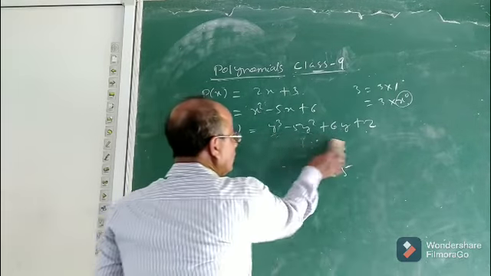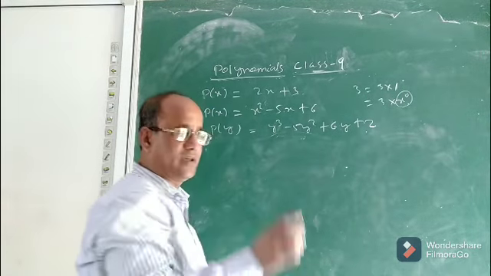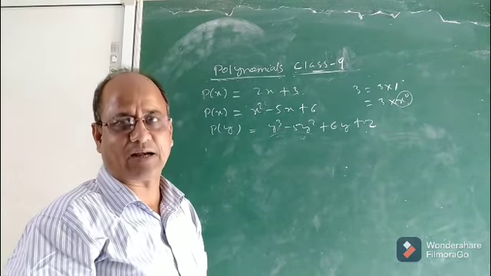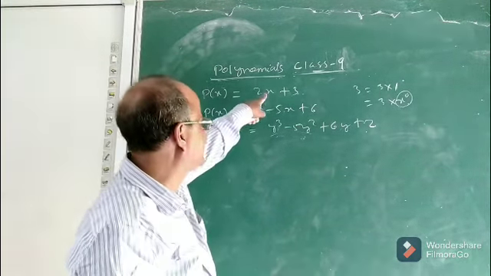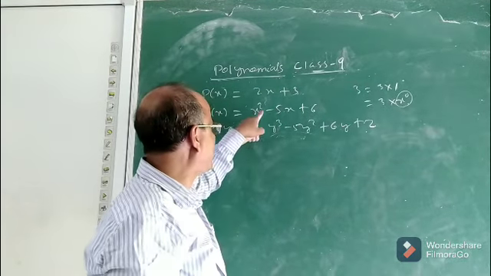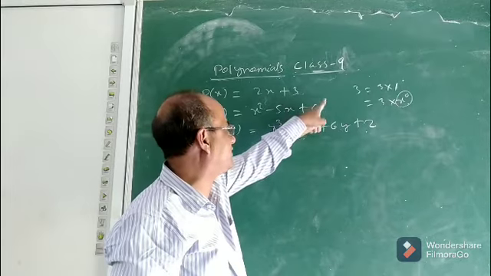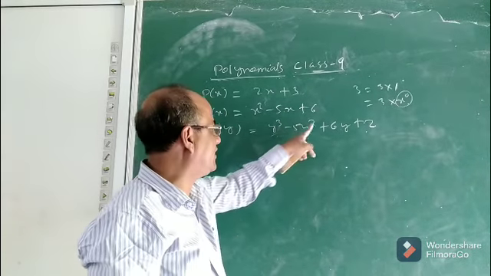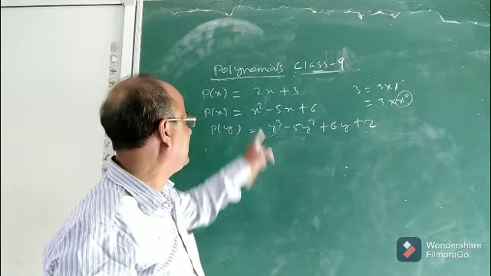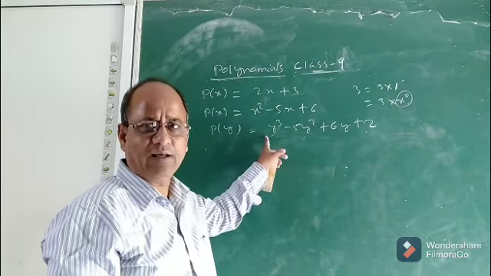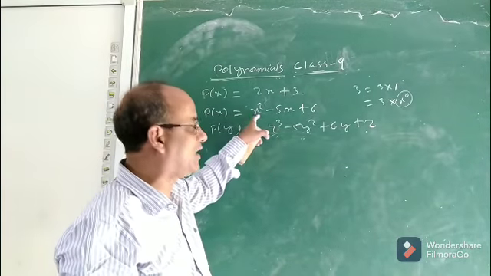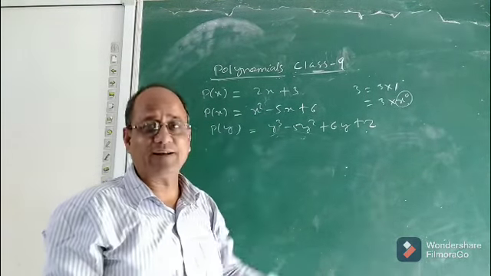Then, how to write a polynomial in standard form? Yes, it was also there in class 8, because we have to always write a polynomial in standard form. What is the meaning of standard form? See children, here the power of x is 1, then x is 0. Here the power of x is 2, then x is 1, then x is 0. Here the power of y is 3, 2, 1, 0. So what observation do you find? We find that when we write an algebraic expression or a polynomial, we always write the powers of the variable in descending order.